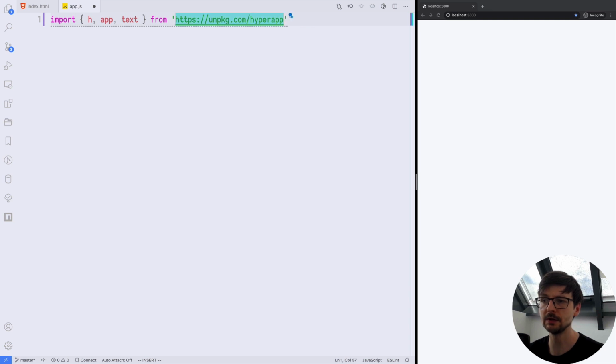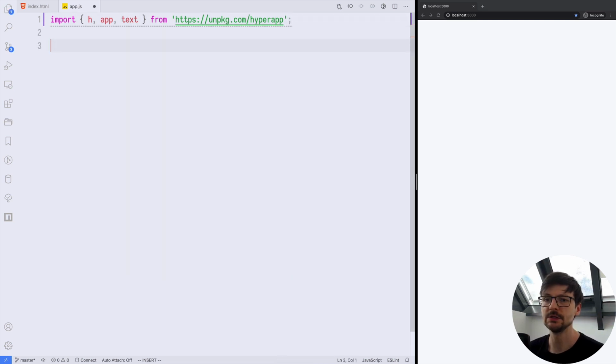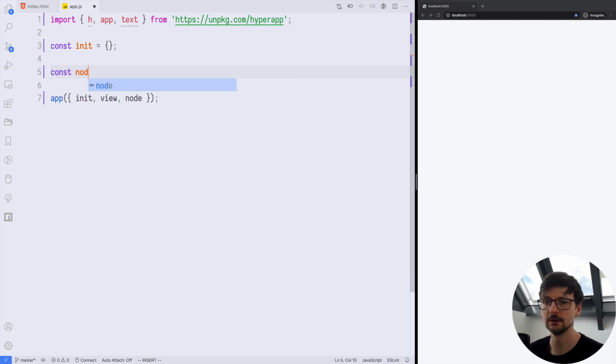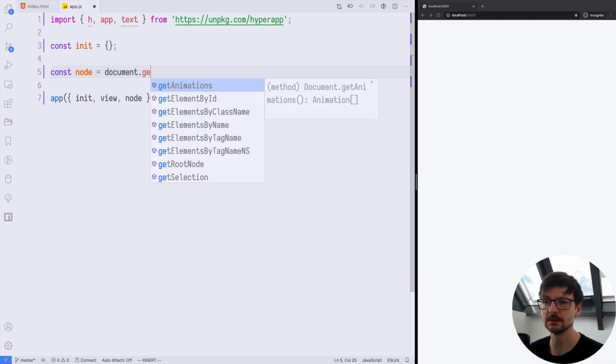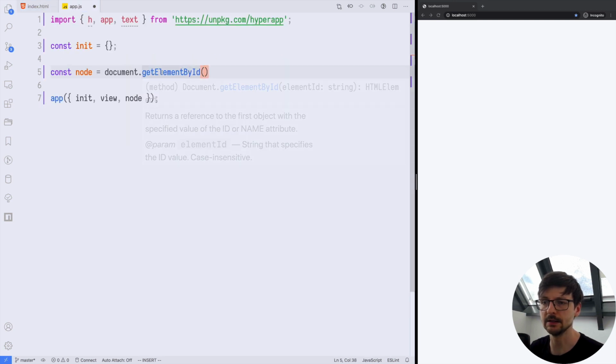So we don't need to install Hyperapp, we can just do it like that. And in order to create an application in Hyper, we just need to invoke the app, and we need to provide three things: the init state, the view, and node. And that's all. So init, at the beginning, it will be empty. The node will be just the element we have in HTML, the app element. So we will be getting it by ID,